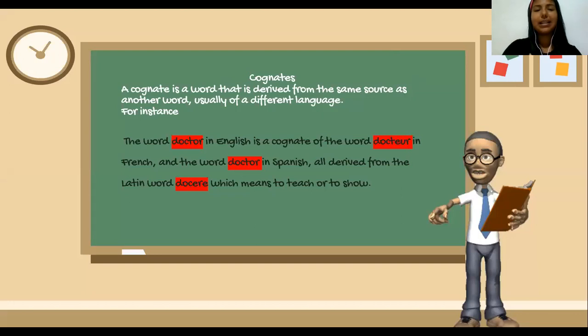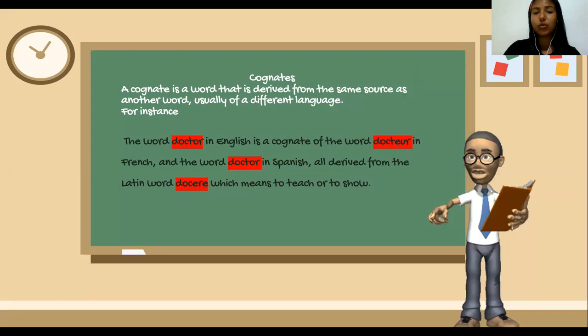So people, we'll start with cognates. Let's start with cognates, okay? What is a cognate? It's another important kind of word that you have to recognize. A cognate, it's a word that is